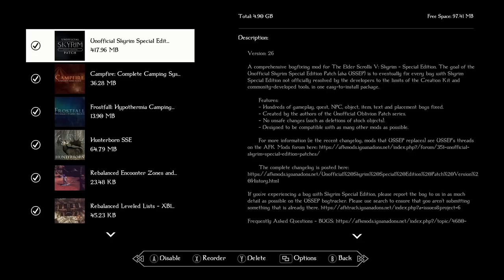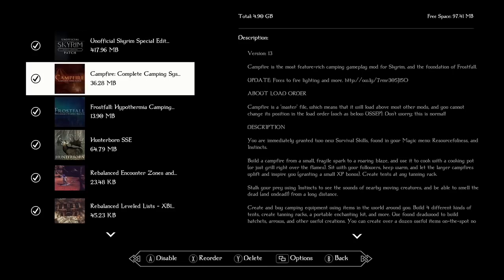So first off, we got the Unofficial Skyrim Special Edition Patch. The USEP patch just fixes tons of different bugs within vanilla Skyrim that mess up the game. That's all that does. Campfire, Complete Camping System. This allows you to do a camping type thing within the game, making campfires, setting up tents, and